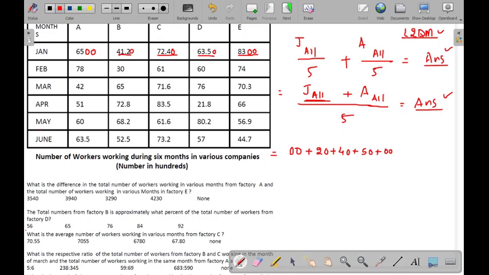Now let us do April. April all will be, this is 5100, this is 7280, because this number is given in hundreds, so we are all